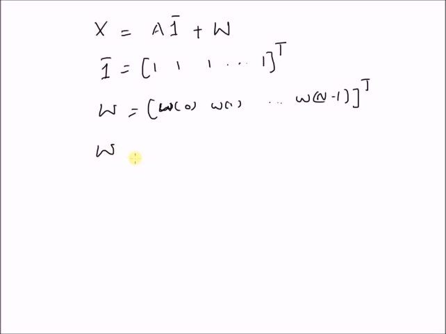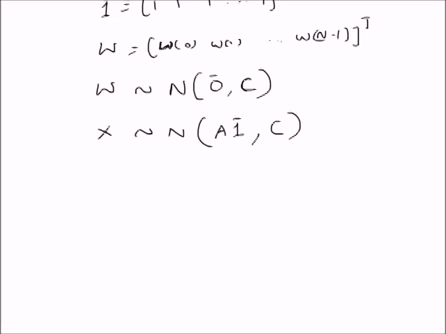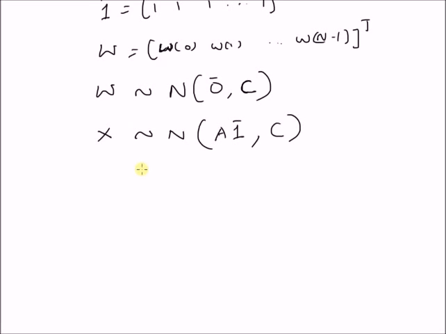So the model for the noise vector is a multivariate Gaussian distribution with the mean equal to the 0 vector, and the covariance matrix is given by the matrix C. As a result, the probabilistic model for the observation vector X is a multivariate Gaussian distribution N with a mean equal to A times 1 bar, that is the vector 1, and the covariance equal to the matrix C. So given this probabilistic model, we want to derive the maximum likelihood estimator for the parameter A and prove its